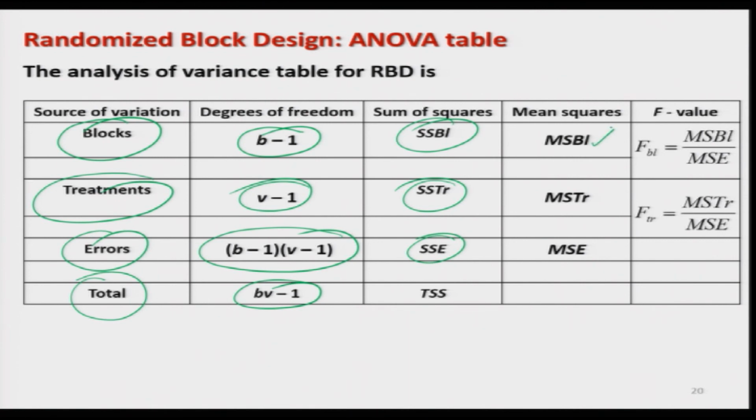So, mean square due to block will be SS block divided by its degrees of freedom. Similarly, you can obtain the mean square due to treatment, that is the sum of squares due to treatment divided by the degrees of freedom v minus 1, and similarly you can obtain the MSE as SSE divided by its degrees of freedom. Now, if you take the ratio of mean square due to block and MSE, you will get the F statistic for the block effect. If you take the ratio of mean square due to treatment with respect to the mean square error, you will get the F statistic for the treatment effect, and based on that you can take an appropriate decision